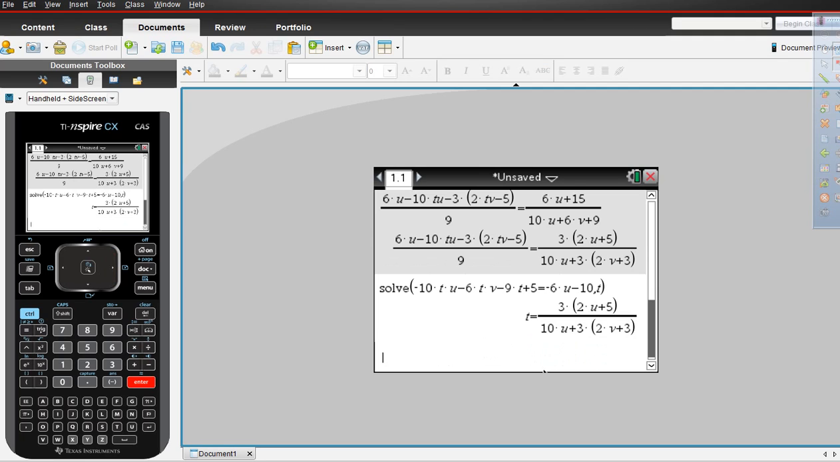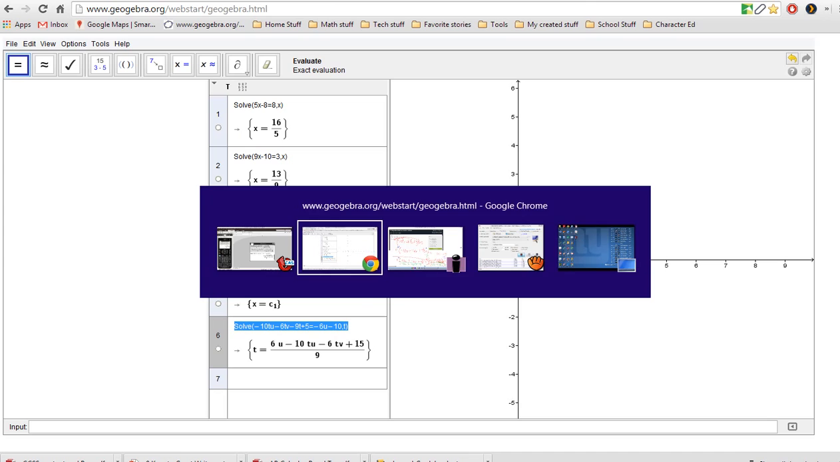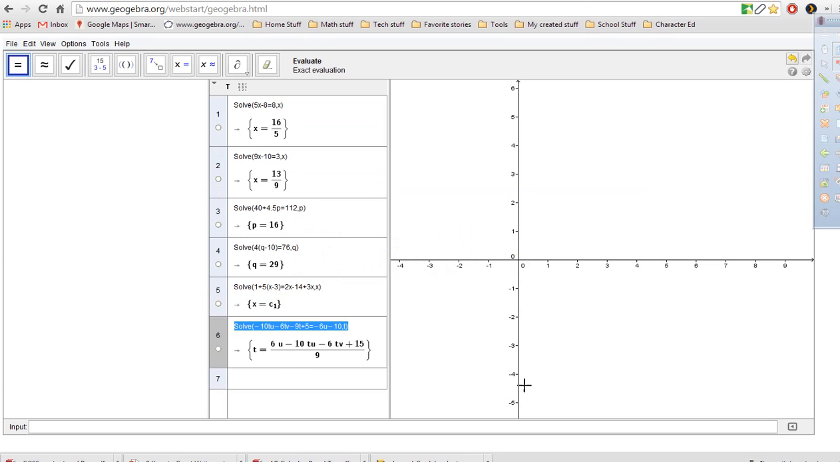Alright, now I think we're going to like what we see. And this is the same thing that I had, right? It's just rewritten: 6u plus 15 on top, 10u plus 6v plus 9 on the bottom. So that was the problem. And if we come back here and find out what we did wrong here,